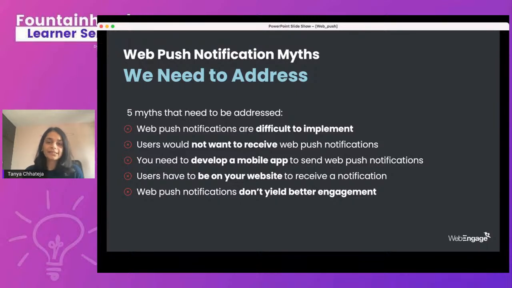That shows intent that the user is interested in receiving notifications. And once you have intent, this is where you can drive better engagement, because the user has explicitly given you permission to contact him or her, which is why, compared to traditional channels such as emails and SMS, web push does tend to perform better in terms of engagement.